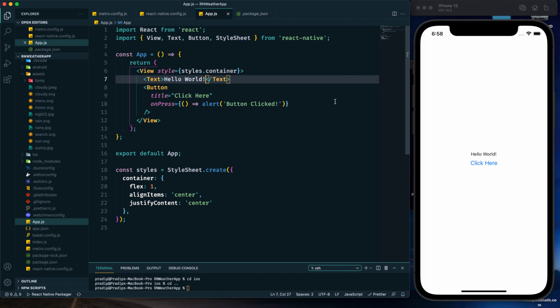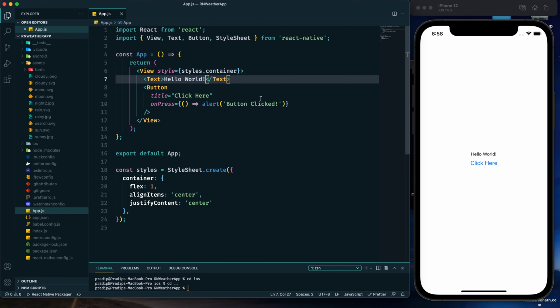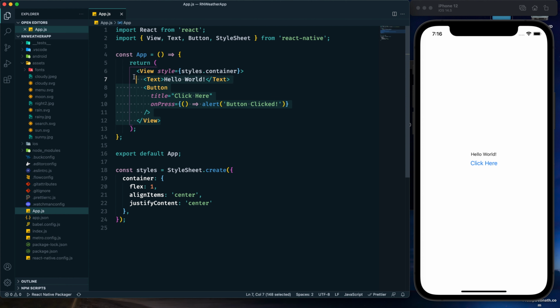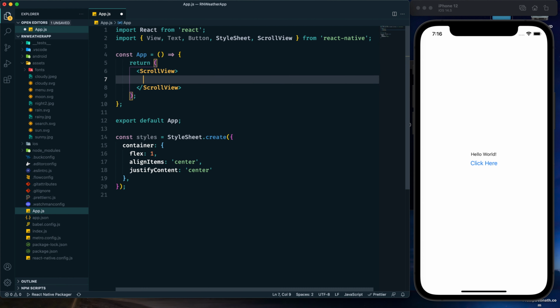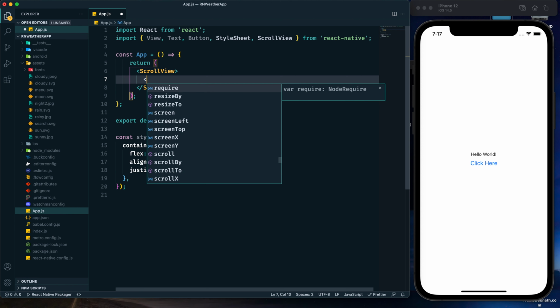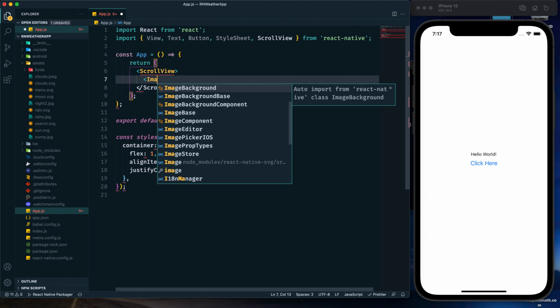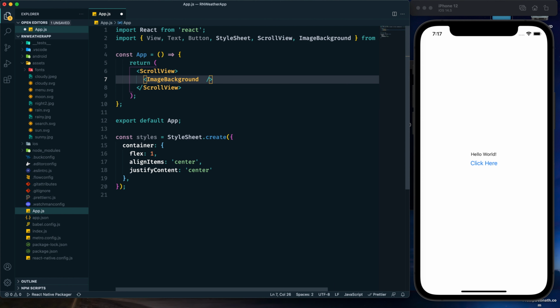So this is a pretty basic component. Now we will start working on this. So now first clear this return statement, and here I will use a scroll view, because within this scroll view we will have different locations for which we will have different weather informations. Now within this scroll view I will have an image background, and for this image background source I will provide